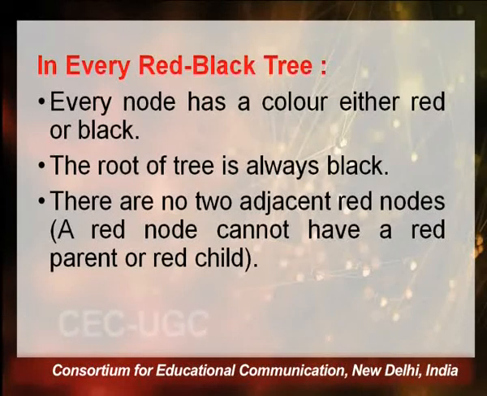now we will take it that the root of the tree is always black, and no two adjacent nodes can be red. Adjacent here, if I am talking about a parent and a child node, that's what I mean. That means nodes at two adjacent levels cannot both be red. That means the parent is red and the child is also red. This situation cannot happen. There are no two adjacent red nodes. That is also one property of your red black tree.